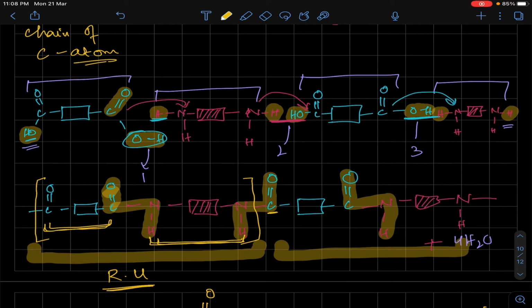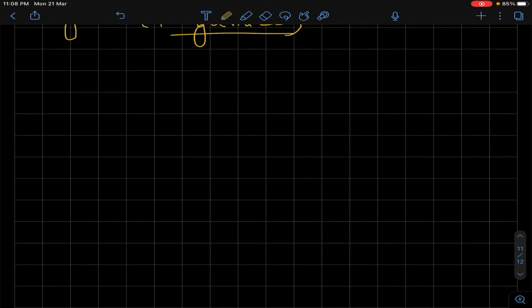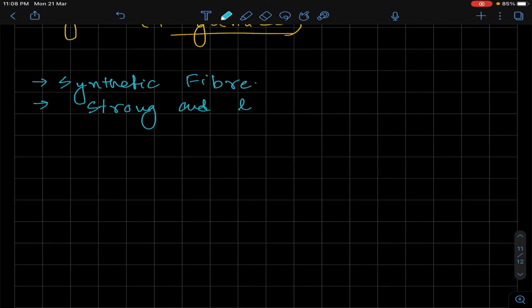Now let's discuss a few of the properties of nylon. Basically nylon is a synthetic fiber, right? It is a synthetic fiber, a man-made fiber. It is a type of polyamide, and some important characteristics of nylon are that it is strong and light, right? So it is strong and light, stretchable without breaking,